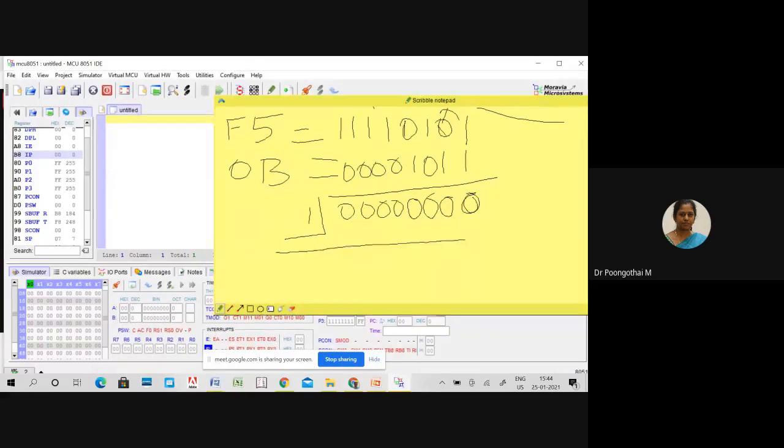So your carry flag is set to 1. Is that clear? Based on the result, your flags will be affected, and the auxiliary carry is also set to 1.